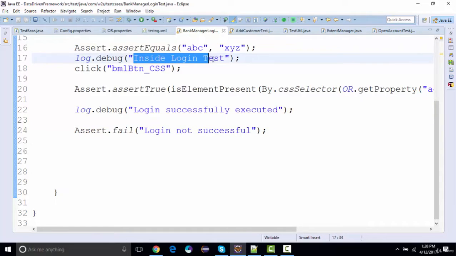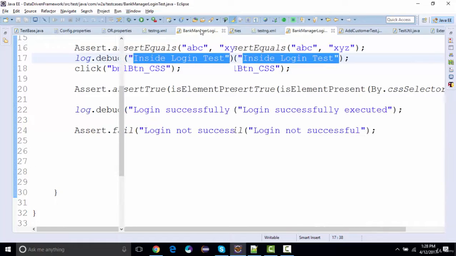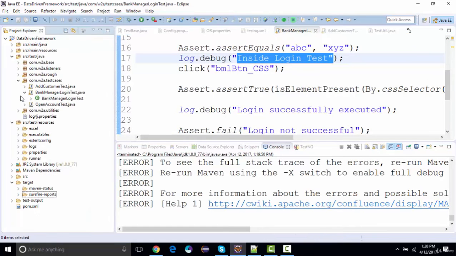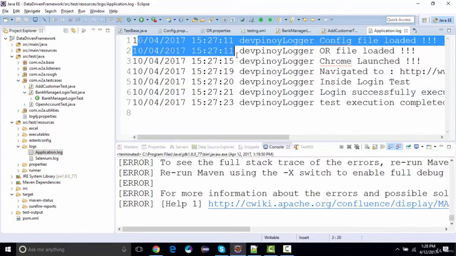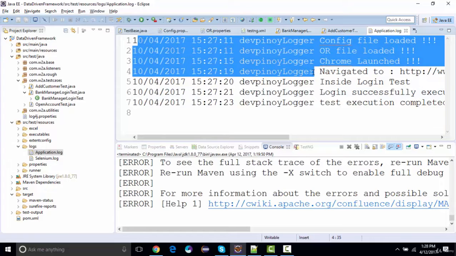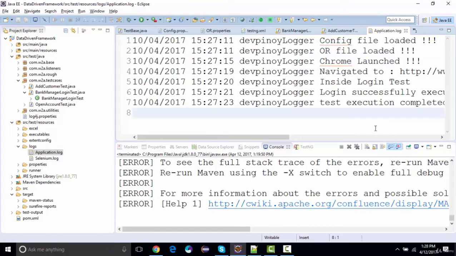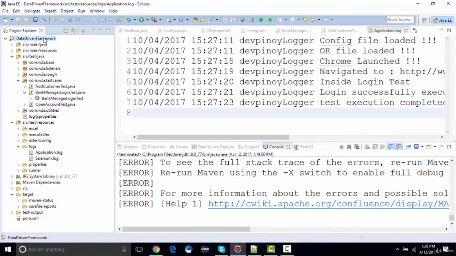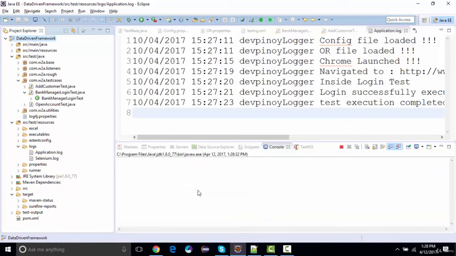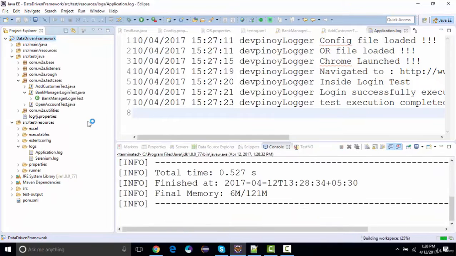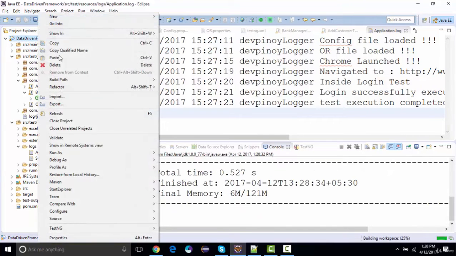If you take a look inside the login test, and look at the logs, if I go over here and look at the log4j file, the application log files, it is actually showing us old logs. You can see the logs are not being generated. And if I run this test again, if I say Maven clean and run the test again,